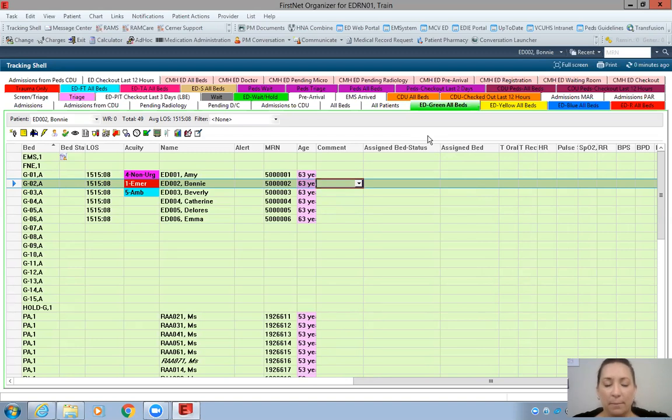Okay, bed management will come in and put whatever information they need to, like the bed status will be waiting for it to be cleaned, waiting for a patient to be moved, or they might not put anything. A lot of times they don't, and that's okay. The assigned bed right here, when your patient is admitted, everybody